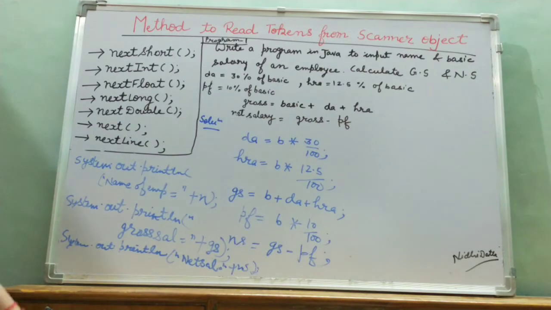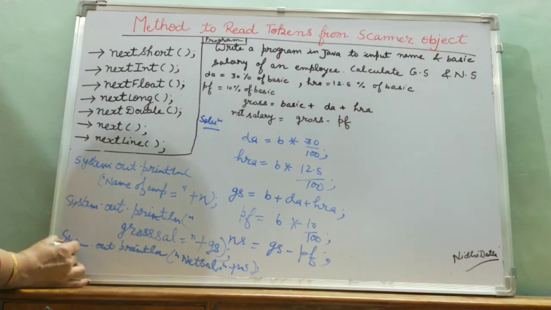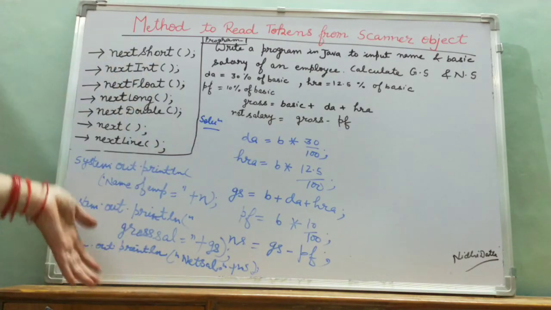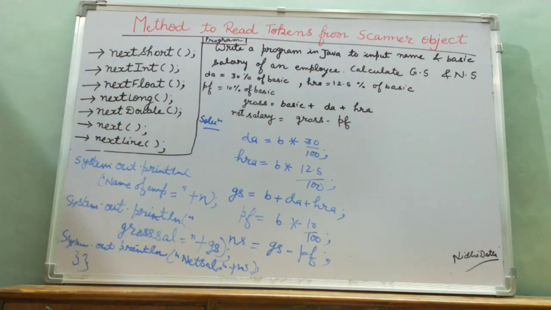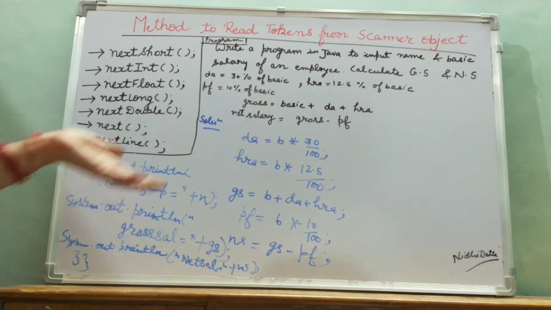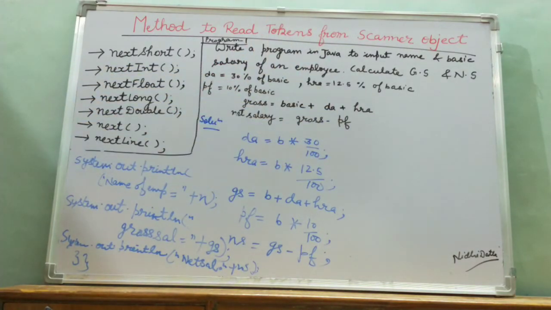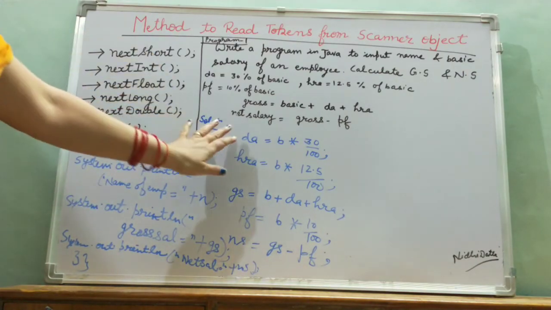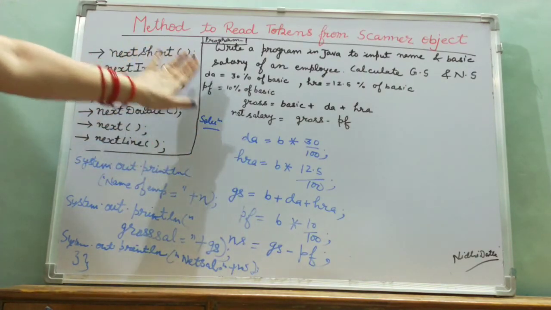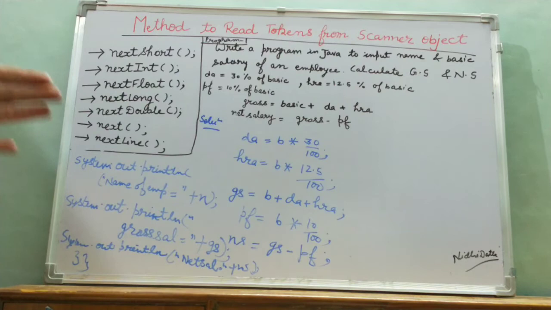After writing all the statements, you will close two brackets, first for the main function and second for the class. After writing the whole program, first compile the program and check for errors. When you run the program, it will first show the message to enter the name of the employee, then enter the basic salary of the employee. After entering both, it will calculate the DA, house rent allowance, gross salary and net salary of the employee. Okay, maybe it's clear.